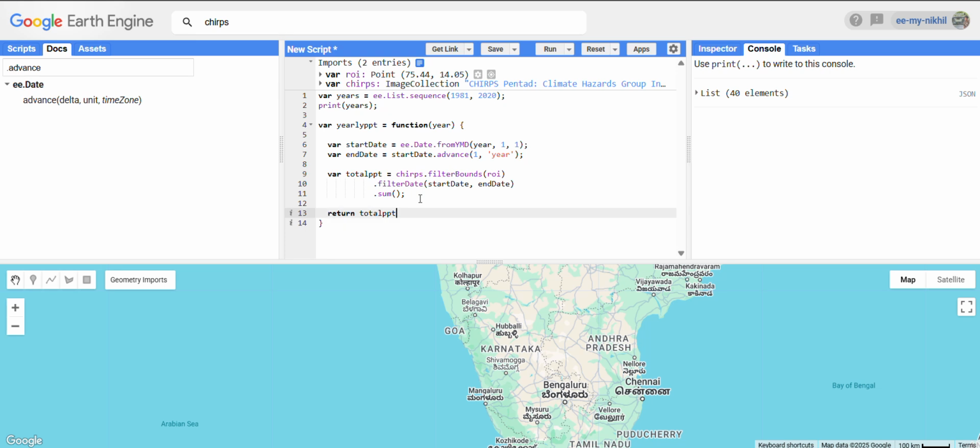Yeah, now my function is ready. So you can now map it over your list of sequence which have the years. We have created a variable called years. So we will map this function over these years in order to get the precipitation over the past 40 years. So create a variable called